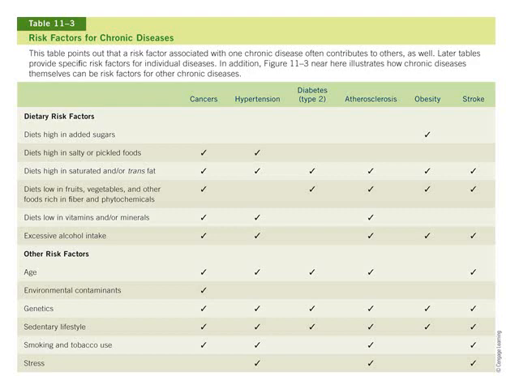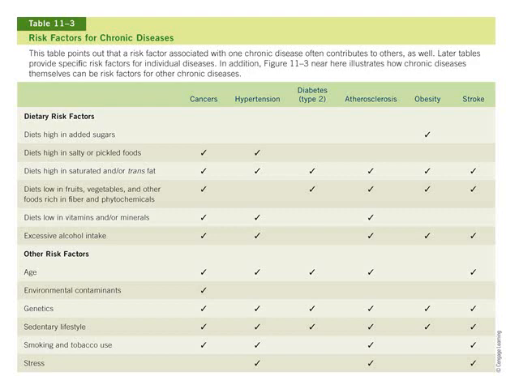This table here shows the different risk factors for various chronic diseases. And you can see the different dietary risk factors and then other risk factors and which diseases they're related to. So you can see that diets that are high in salt may not necessarily increase the risk for atherosclerosis as much as they do hypertension. Some of these, again, are modifiable. Our dietary risk factors are all modifiable, meaning we can change those. So you can choose to eat fewer added sugars. You can choose to eat more fruits and vegetables. We can't change our age, unfortunately.